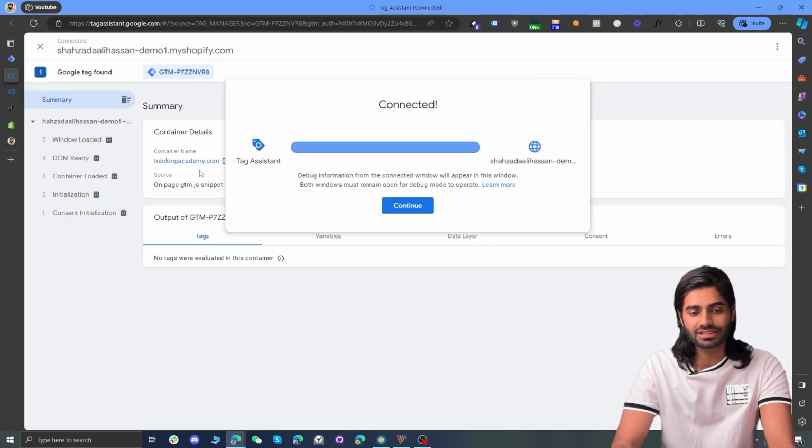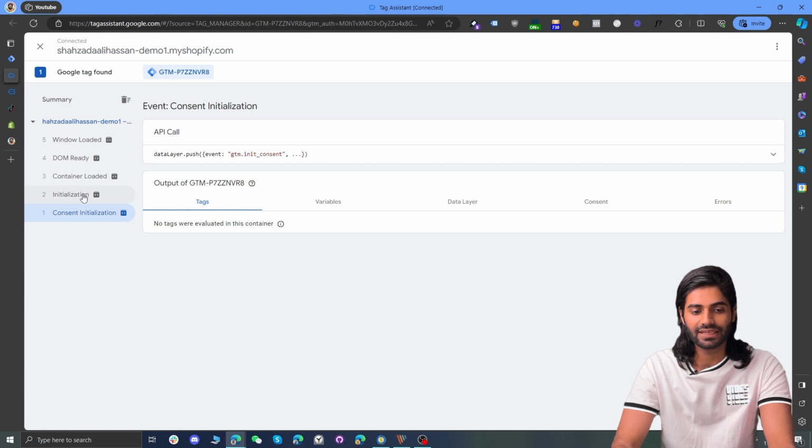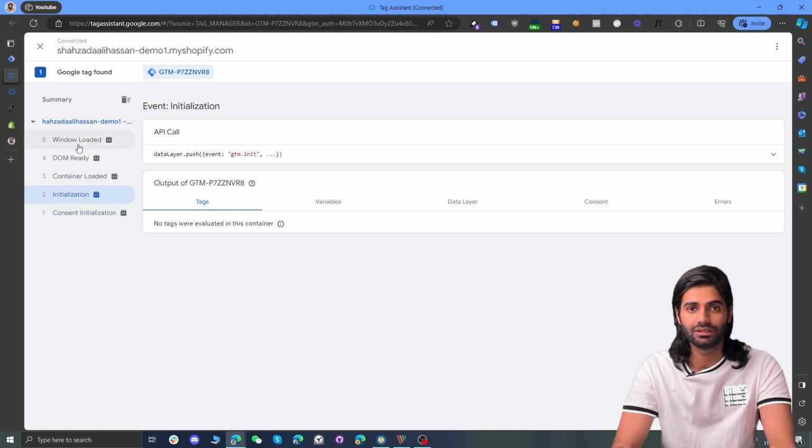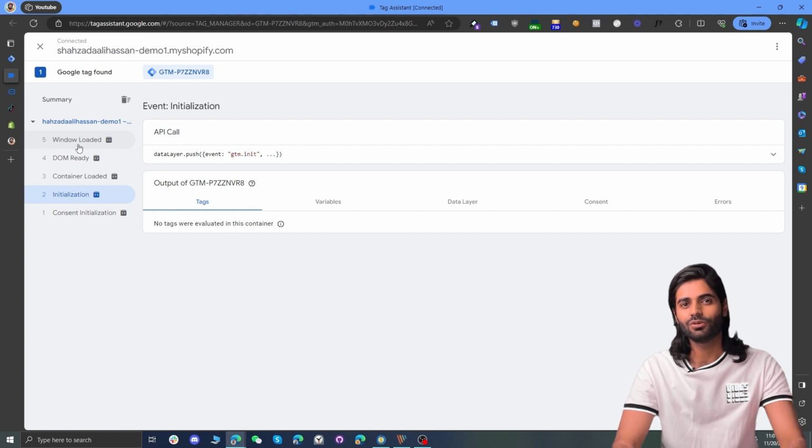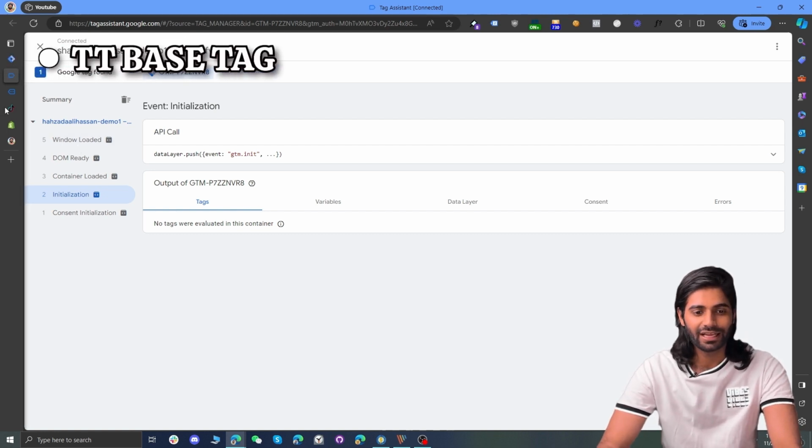If you visit this debug window, you can see that all the events, tags, and triggers that will be configured in the video in future will be shown right here. Perfect. Now we need to make sure that we have the TikTok Pixel configuration tag firing on all the pages of the website. So now we can go over to section number 2 of this video and get the